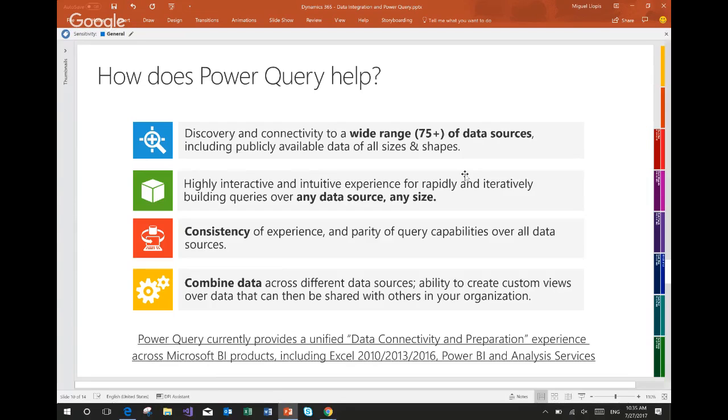Cool. So I think we covered this slide. The last point actually I wanted to make is that this experience for querying data is consistent across all of the connectors that we expose in Power Query. The query capabilities and transforms are also the same. There's cases, of course, where you're dealing with a backend that has less capabilities in terms of the ability to push down those queries. So in those cases, the Power Query engine, the mashup engine, will compensate and will run those operations locally at runtime.